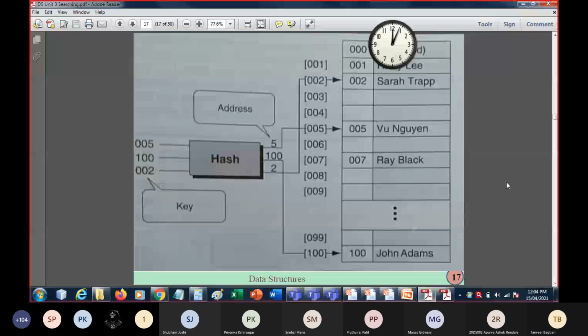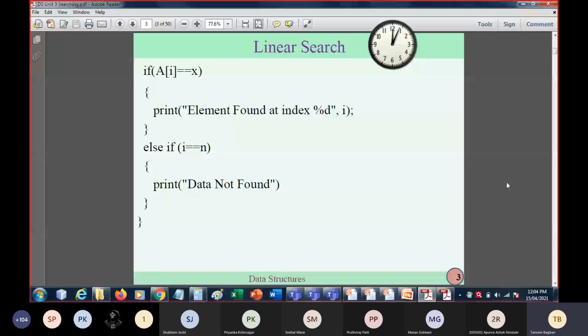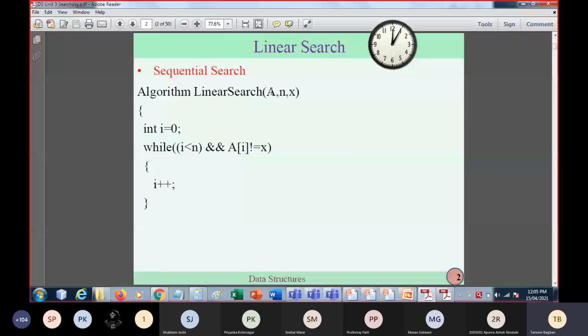Linear search is also called sequential search. So the search algorithm is given. A is the list or array in which elements are there, and x is the element you want to search. So a while loop is used, initially i is used as an index. If i is less than n, which means until all the elements are searched, and A of i is not equal to x, the element at index i is not equal to x,